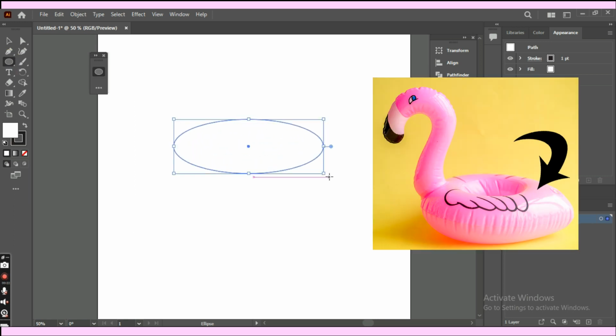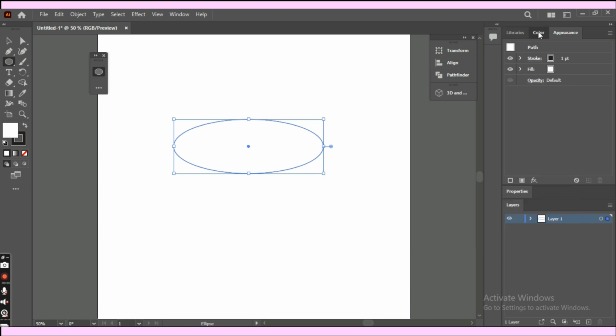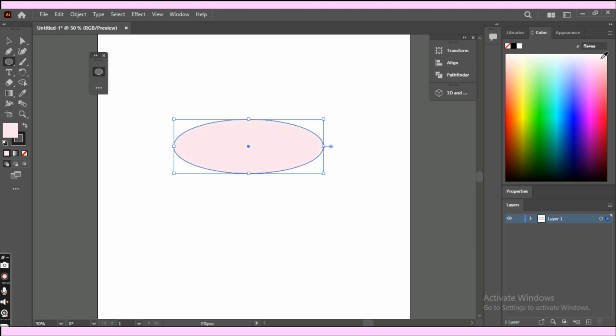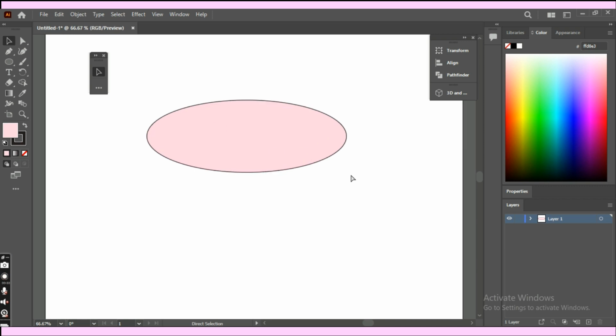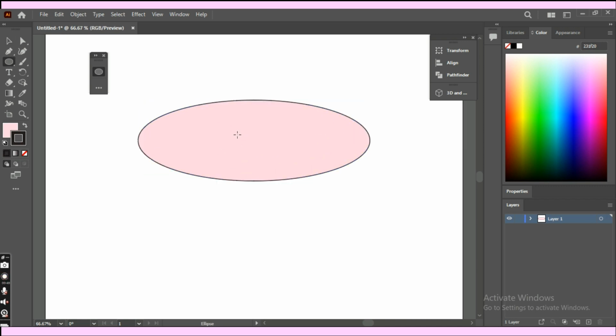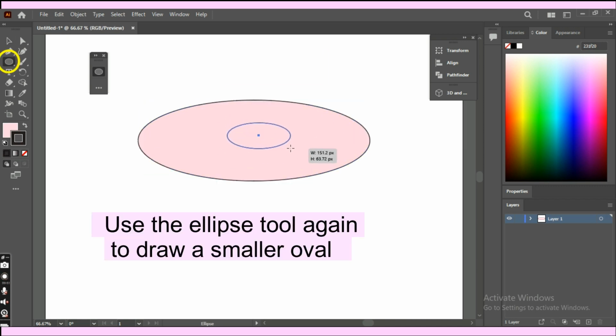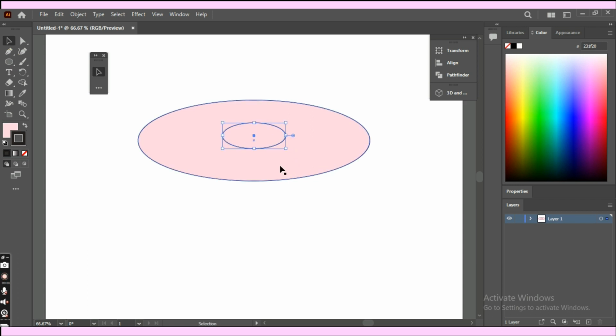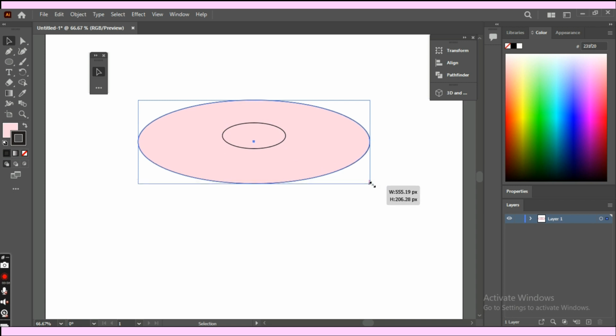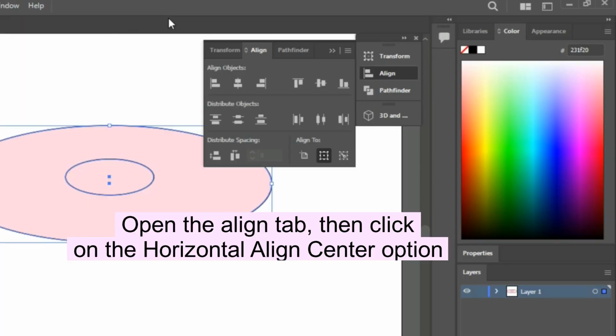This would be the upper surface of the inflatable. Now give it some color, and I went for a light pink shade. Now use the ellipse tool again to draw a smaller oval on top of the previous one. Select both shapes and using the Align tool, click on the horizontal align option to place the smaller circle at